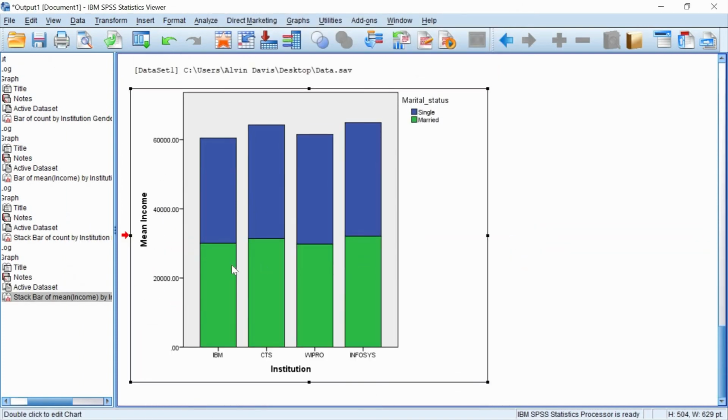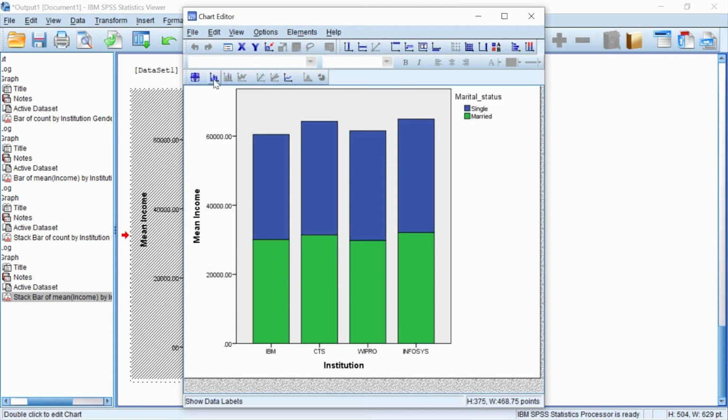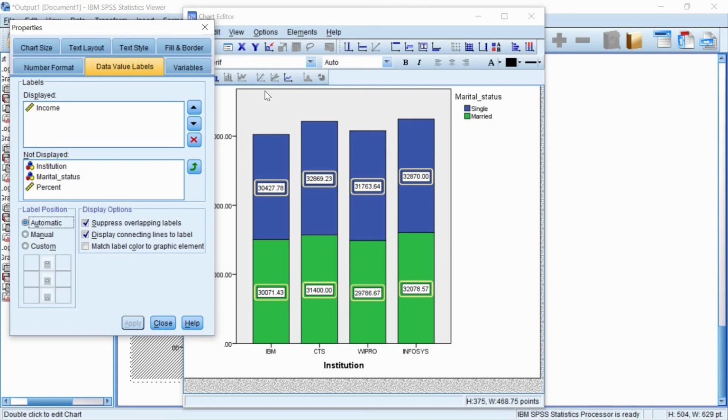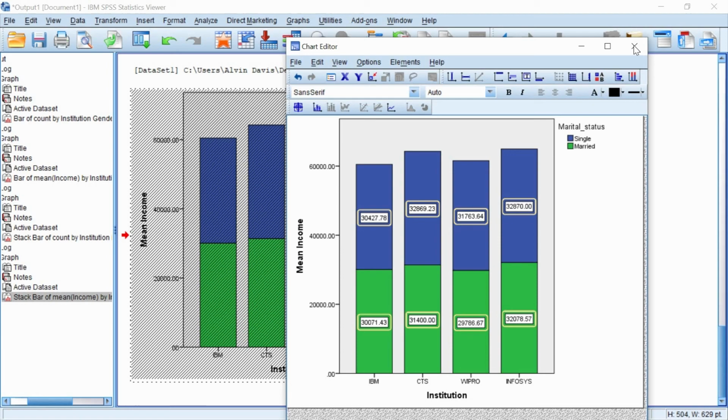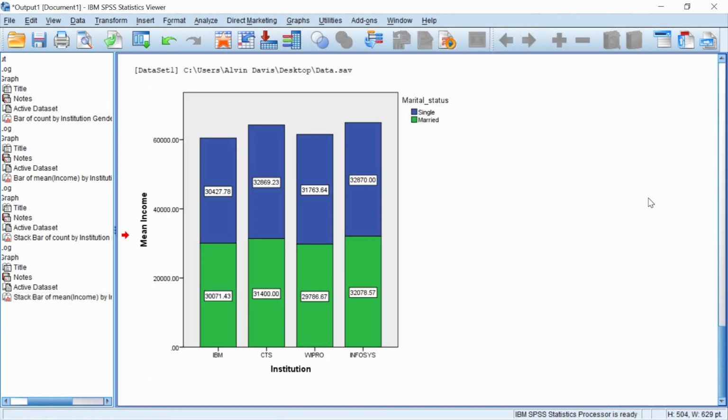Then single click, double click, click this icon to display the average salary on the bars. Then close properties window and editor window.